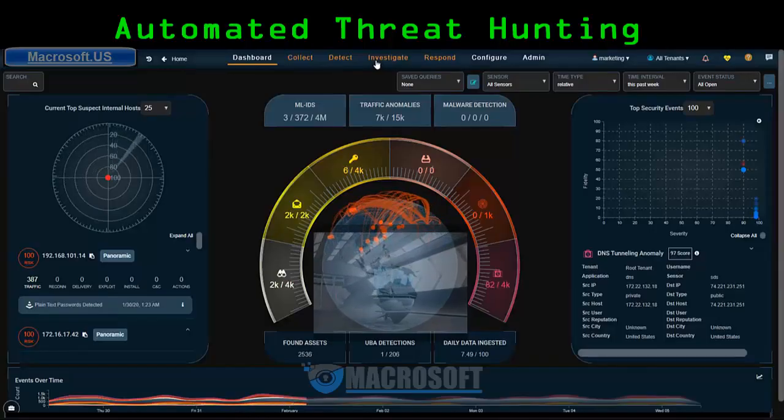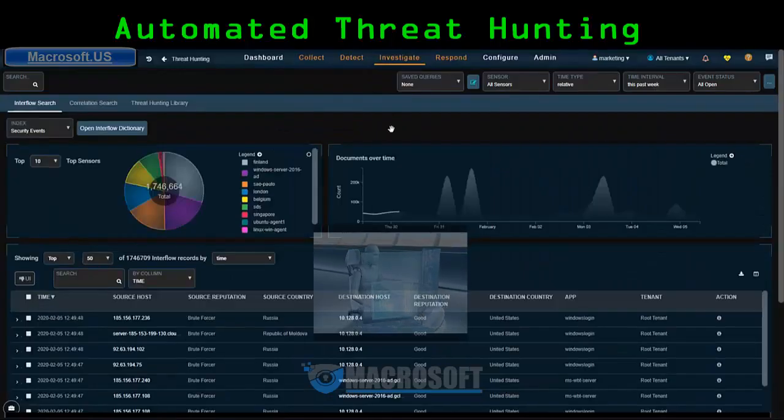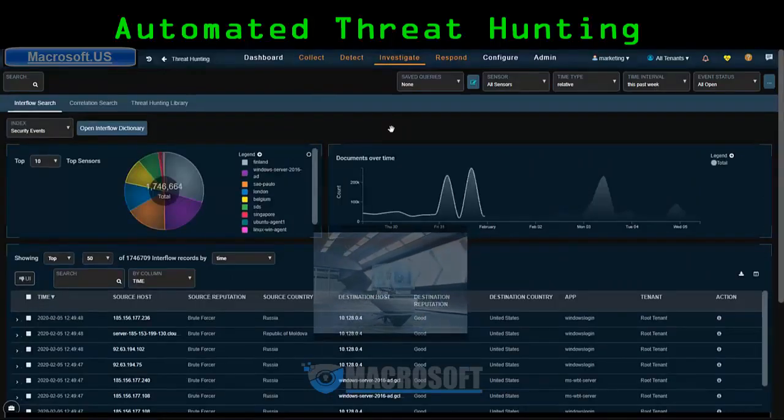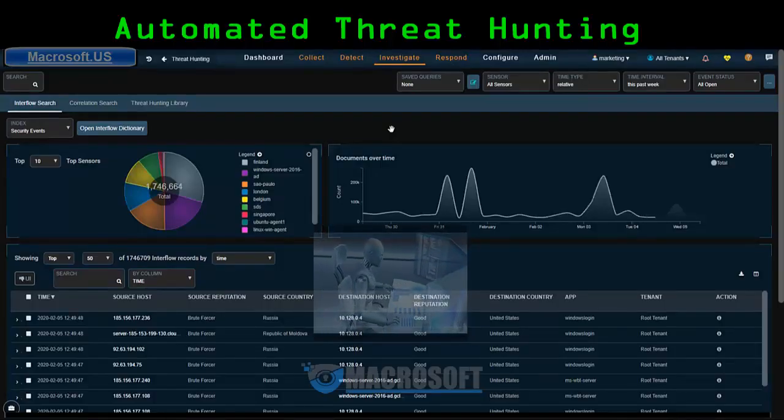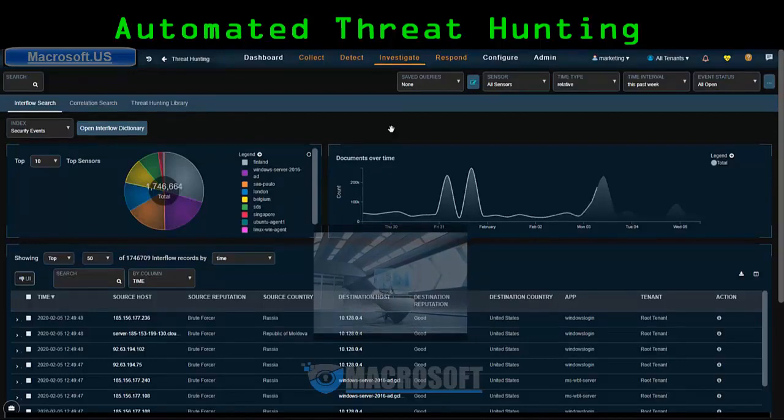So I'm going to talk about threat hunting here, and I'm going to pull it up real quick and show you the power of this platform. As you look at the screen, what you're seeing is about 1.7 million events in a week. That's a lot of data. And how do you as an analyst figure out what to focus on first? If I'm trying to find the needle in the haystack, how do I find it amongst all this